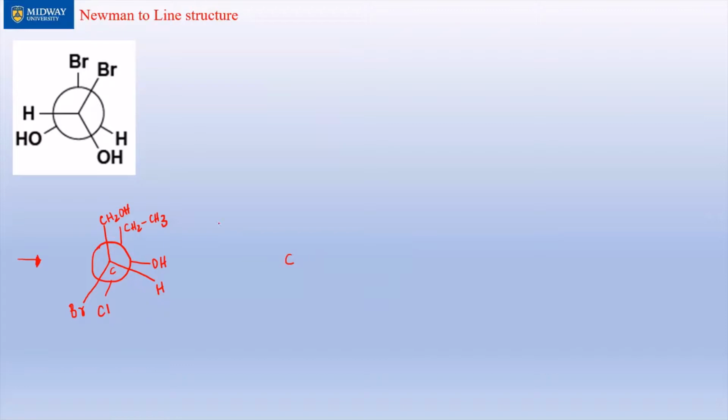This is pointing up, so that's not affecting. So basically that's CH2OH. And then the Br is towards me and the hydrogen is away from me on this triangle. Again, we draw a line. The Cl is towards me, the OH is away from me. Keep in mind, don't mix pieces. These three are part of this triangle, those three are part of the back triangle. The OH is here, and then you have your CH2,